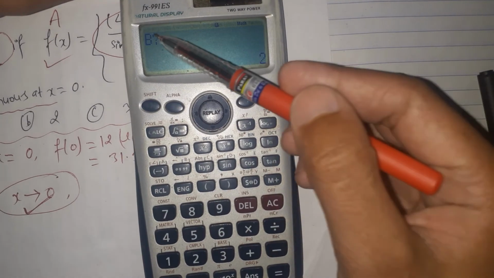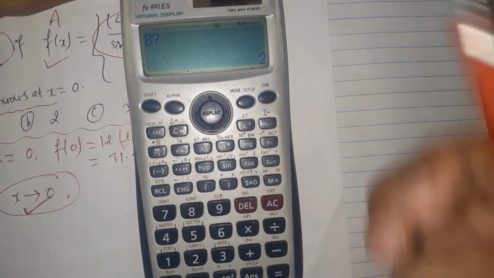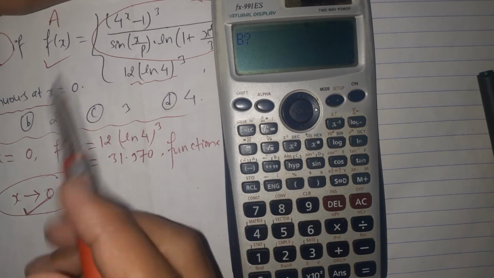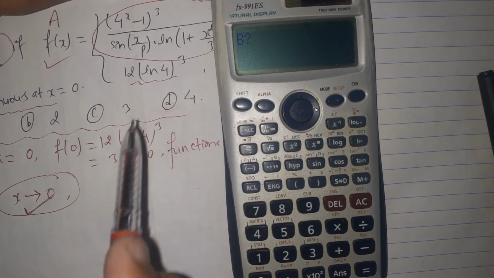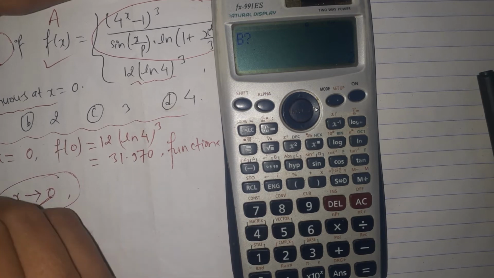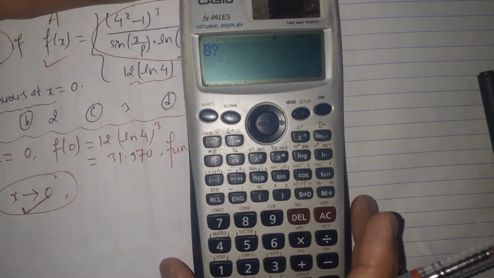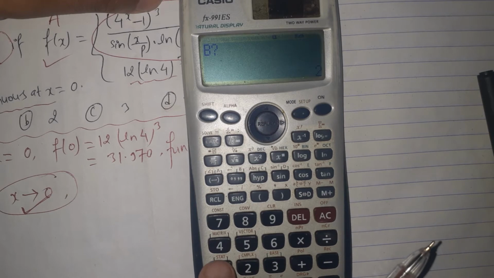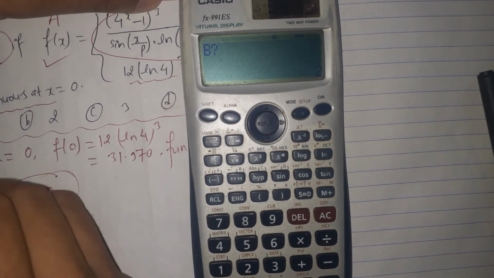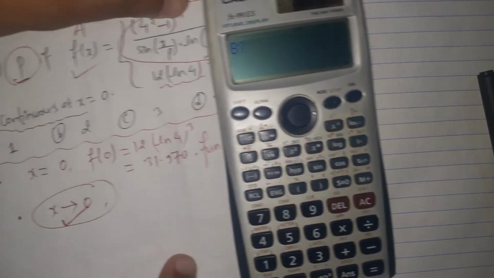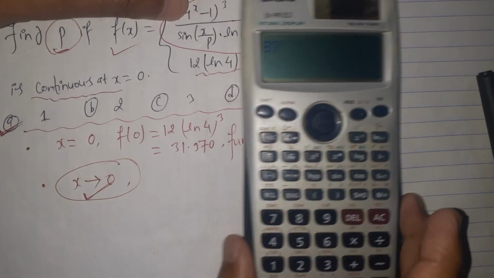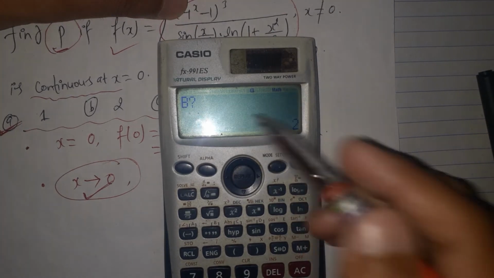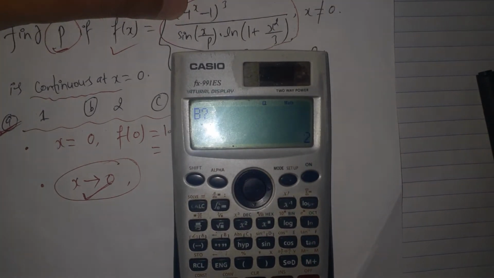and then the value of the b is also needed here. The b is our supposition in place of p, and among these values, one value is for b. Let's check on the first option, which is 1. Let's give the value of the b as 1, and then press the equals to button.